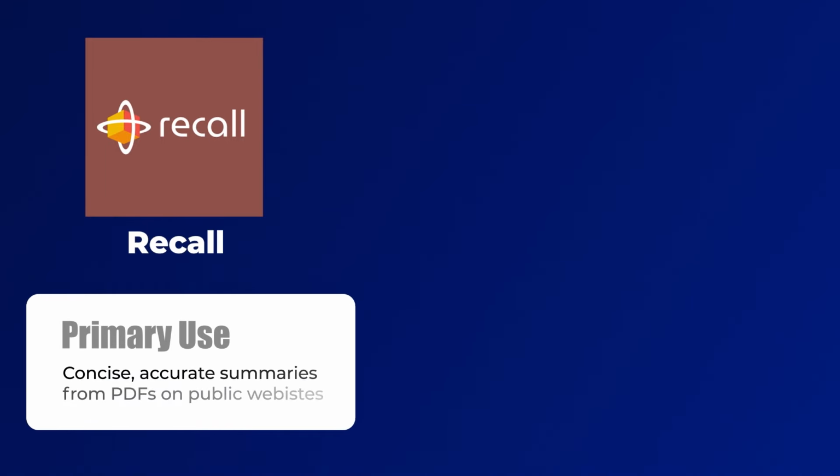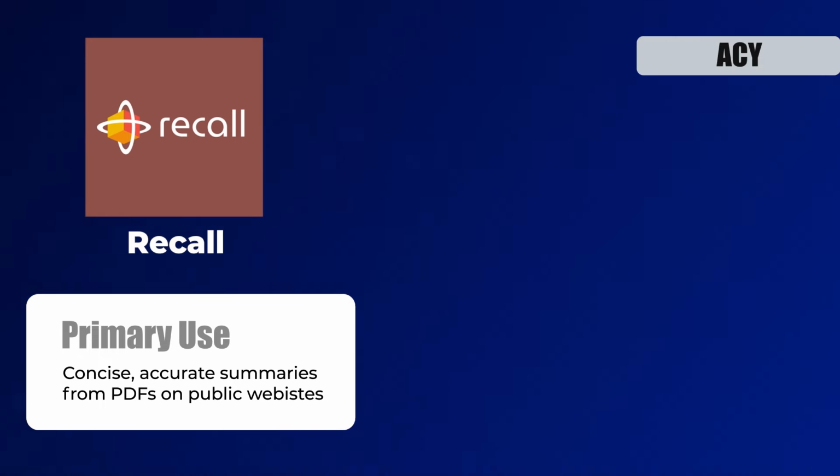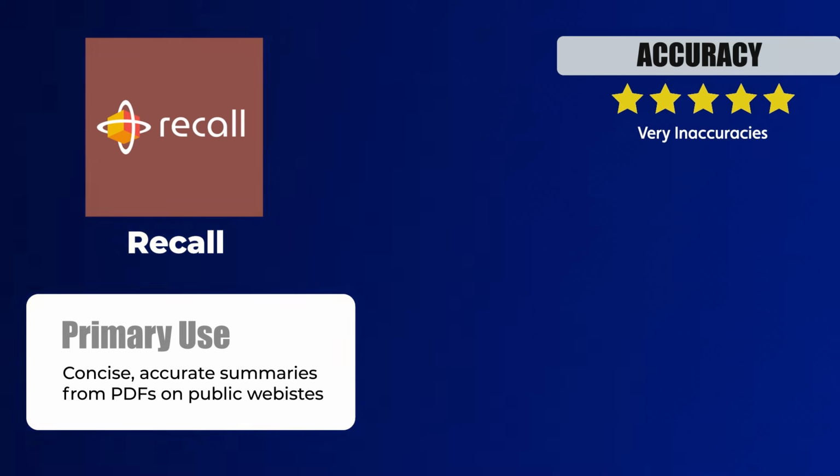So the primary use of this, I would use this if I want a quick but detailed summary of something I already have in Chrome. For this, you can't just add a PDF into your Chrome. You really have to go to a public website, so something with an HTTP or an HTTPS to be able to get this to work, because it's got to pull from that website. The accuracy, there was nothing inaccurate in this, so I would give this a 5 out